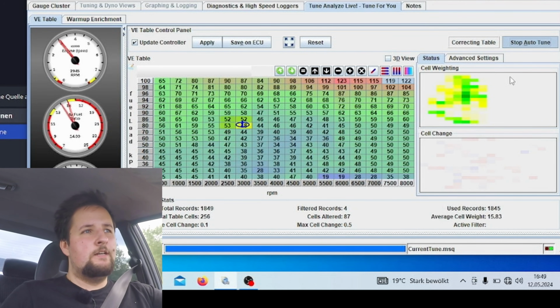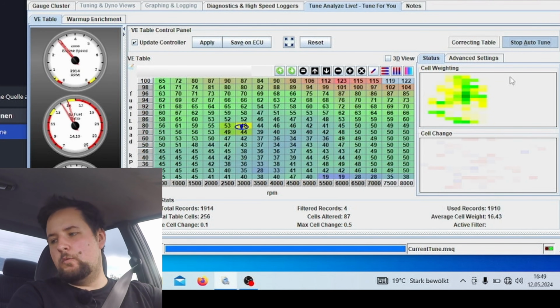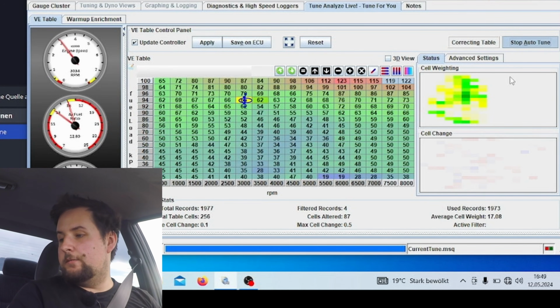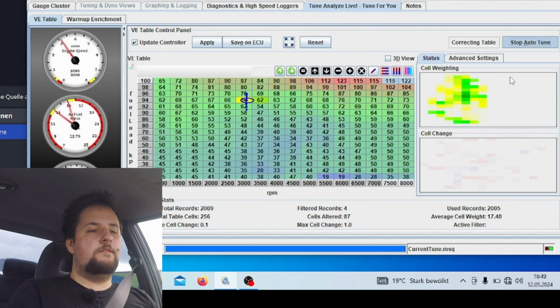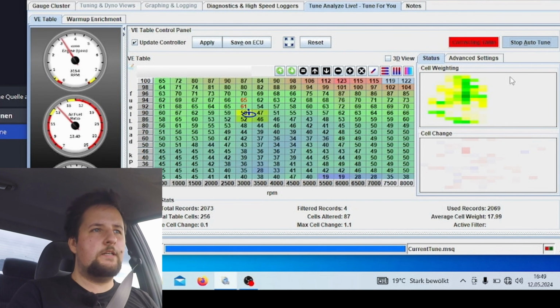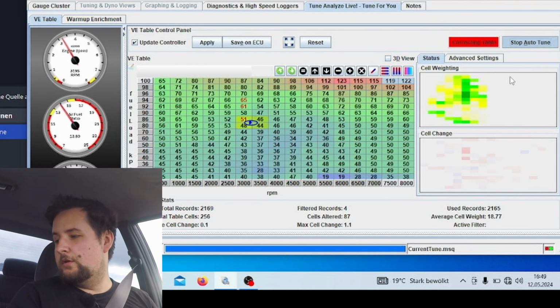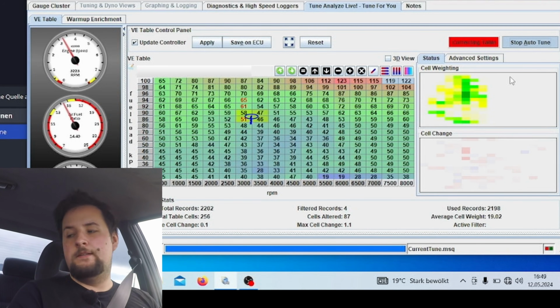It's basically how confident the ECU is in how correct that one cell is. So you can vary that with, for example, this would be the same thing as doing load tuning or fixed load tuning on a dyno. So you fix the dyno at one load, and then you can tune one cell individually. And you can see